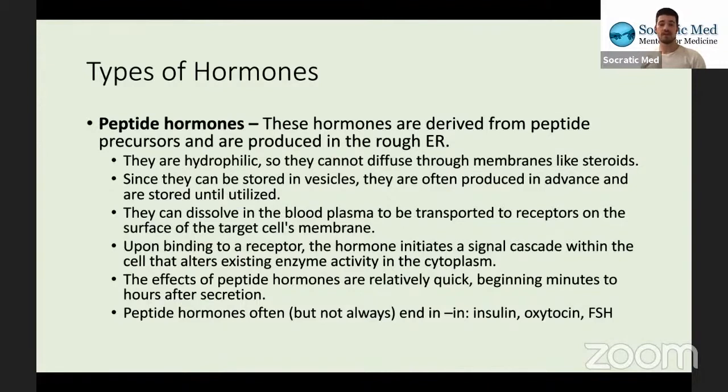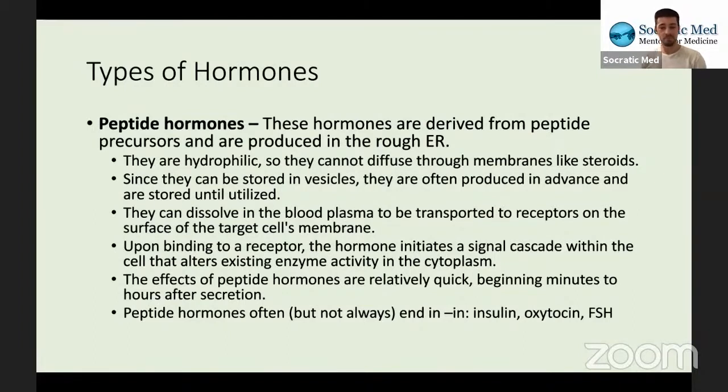Also, since they can't diffuse through membranes, our cells are able to store them in vesicles. So these types of hormones are often produced in advance, and they're stored until they need to be utilized. Make sure you understand conceptually that peptide hormones can be created in advance and stored, so we can release them pretty quickly once we need them. The steroid hormones we have to produce on demand. So it takes a little bit longer because we have to produce them, but we immediately ship them out because